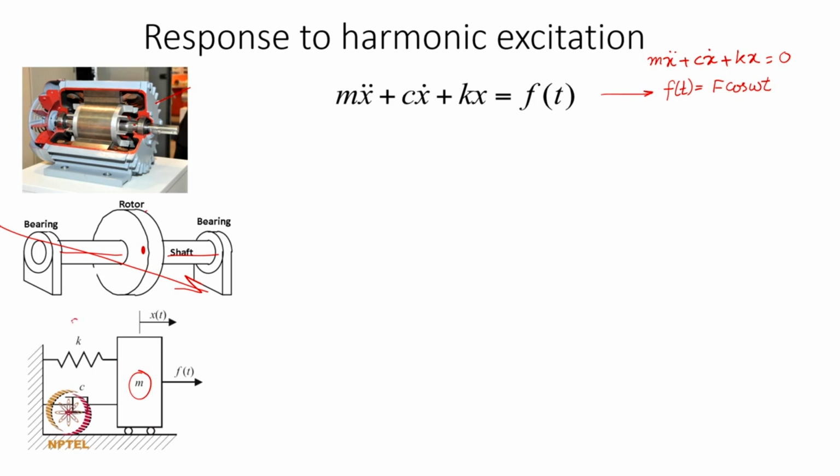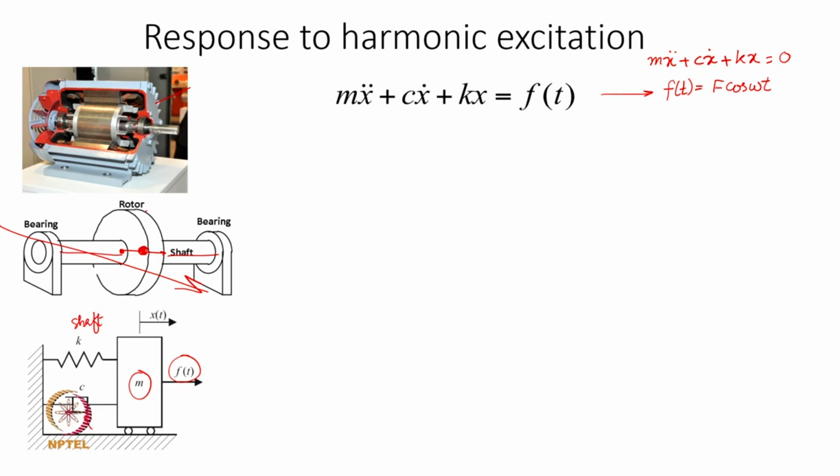This is representing the shaft stiffness, and maybe some damping can be assumed in the shaft material. Then this becomes again a single degree of freedom system, which will be subjected to a forcing function because of the unbalance created by this residual unbalanced mass. All practical rotors cannot be balanced to 0, there will always be some residual unbalance, and that unbalance will create excitation to the